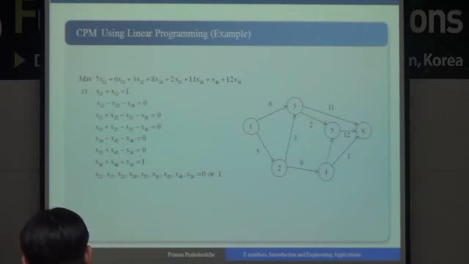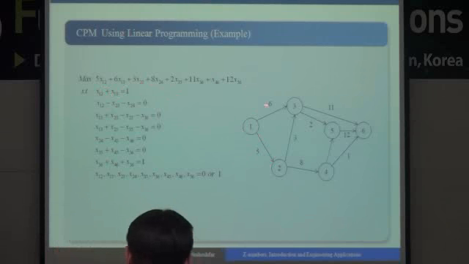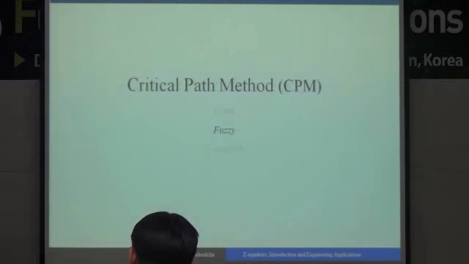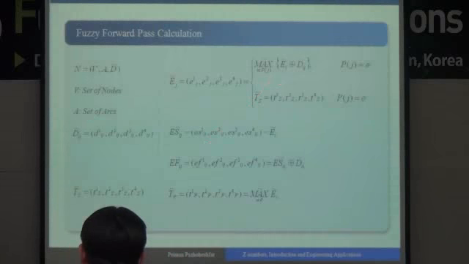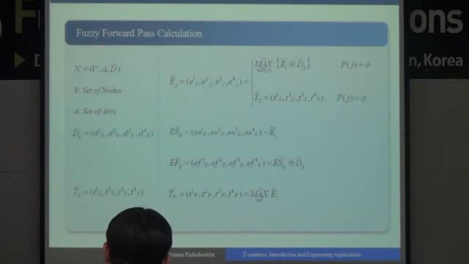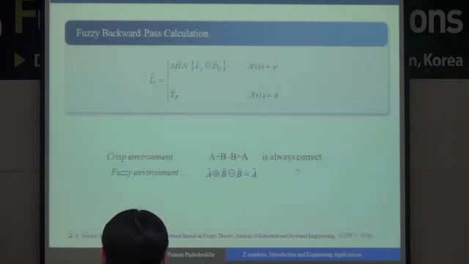As a numerical example, here we can model it in this form. The duration time between activity 1 and 2 is 5, and there it's 6, and between activity 1 and 2 and 1 and 3, we should just choose one path. So in a fuzzy environment we can use the mentioned rule as a maximum procedure for some activities in the forward pass, and in the backward pass we should use the minimum of that.